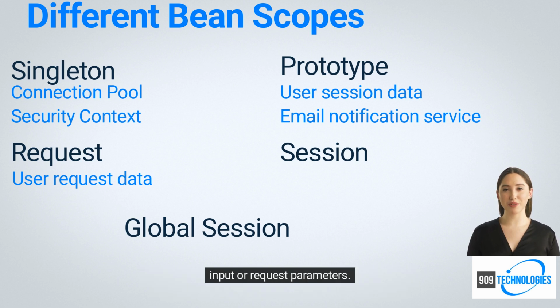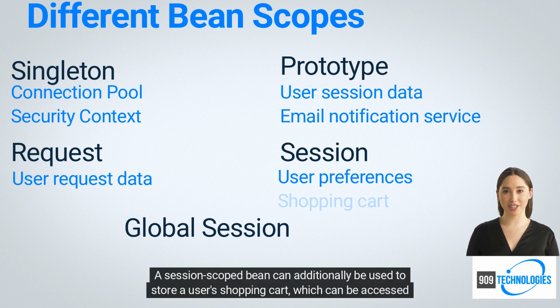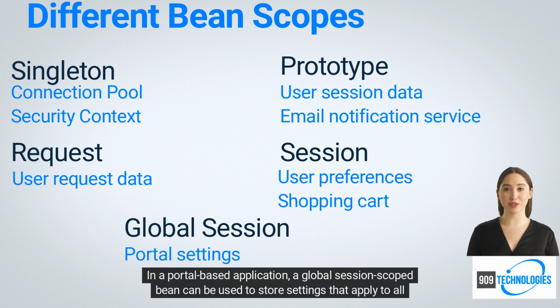input or request parameters. A session-scoped bean can be used to store user-specific preferences or settings that persist across multiple requests. A session-scoped bean can additionally be used to store a user's shopping cart, which can be accessed across multiple requests. In a portal-based application, a global session-scoped bean can be used to store settings that apply to all users